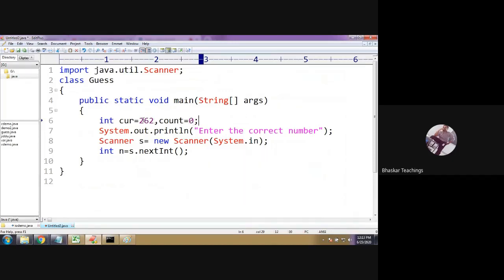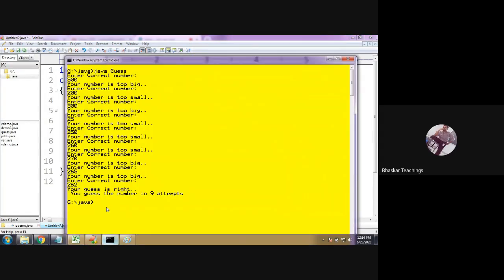So for every attempt, you increment the count value. He has entered one value, increment the count. Entered second value, increment the count. Entered third value, increment the count. In this way, for every number he has entered, you will be incrementing the count value, and at the end, you need to display the number of attempts. That is the count value.